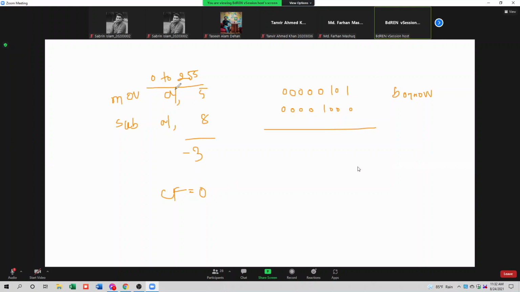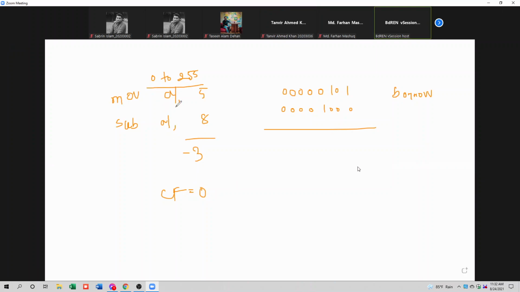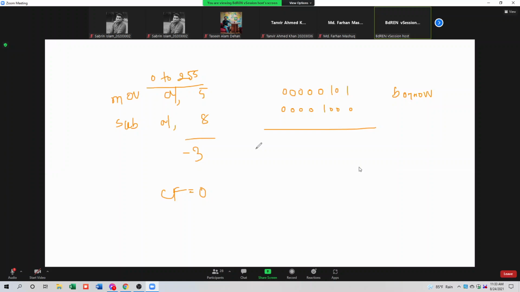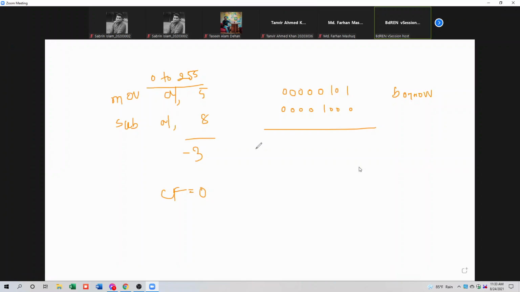So look at your destination operand. Your destination operand is AL and its size is 8-bit. So it can take 8-bit numbers. How many 8-bit numbers is it going to take? What will be the possible range of values? The range is 2 to the power 8, that is 256, but we are going to take unsigned numbers. That means all the numbers will be positive. That's why the range is 0 to 255.